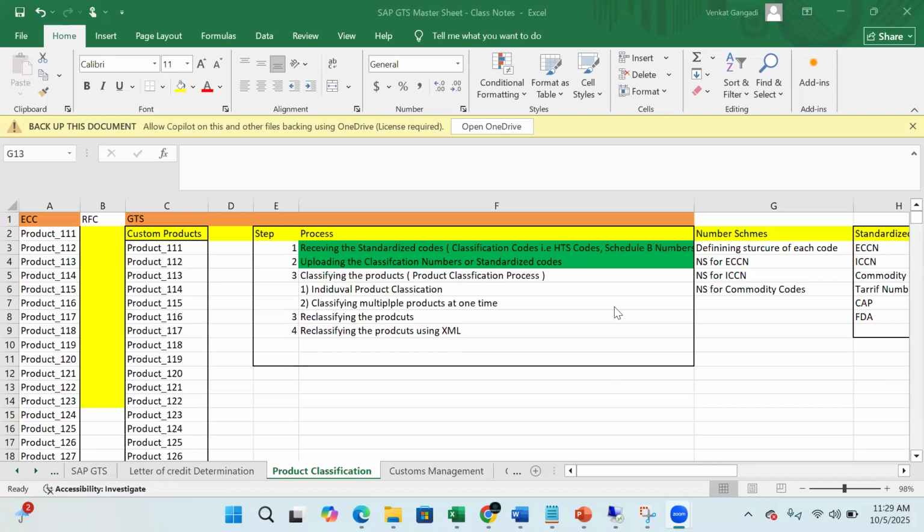Product classification is the process of assigning standardized codes during international trade transactions. Product classification is the process of assigning the standardized codes to the products that are being participated in the